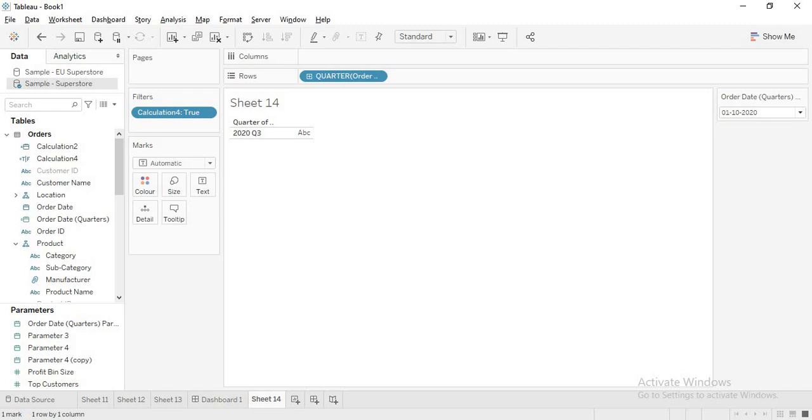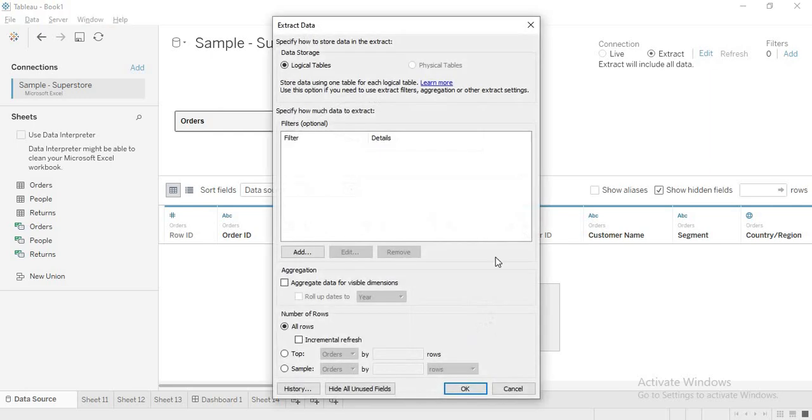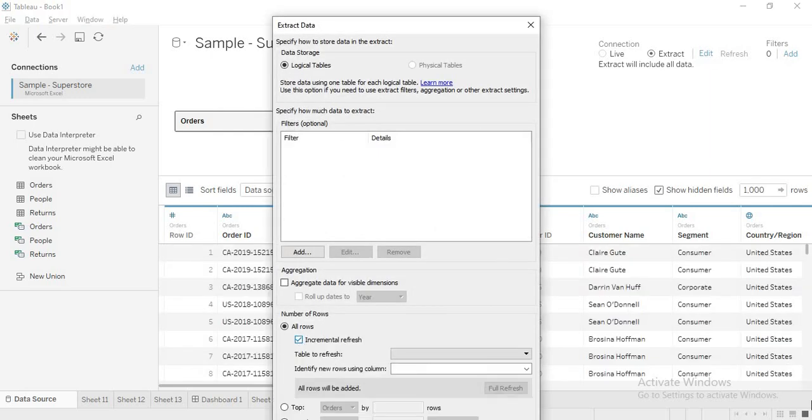For incremental refresh, I can only do it with Tableau Prep, right? No, you can do it with Tableau Desktop also. Now you see here in extract, I am editing this extract. See here, allow incremental refresh. On which column do you want to do it? Generally, it will be a date column or an ID column. Yeah, date column. See here you have orders. Which table? Orders table. On that, which column? I want the order date column. So you can do incremental refresh even when you are here.